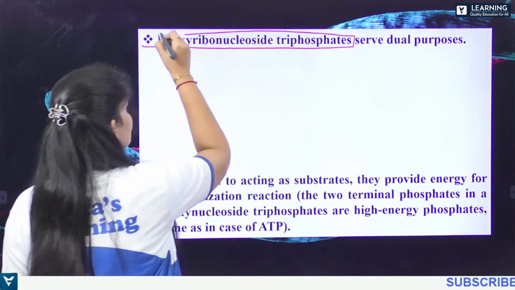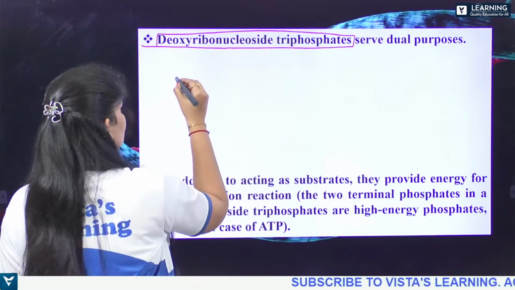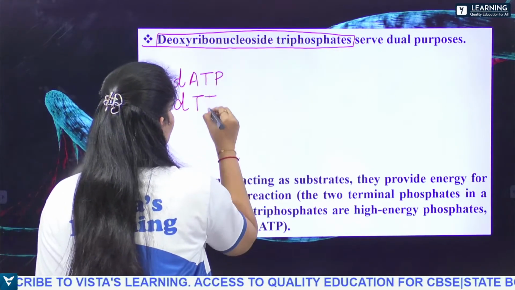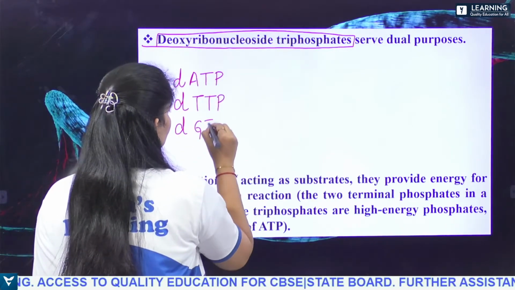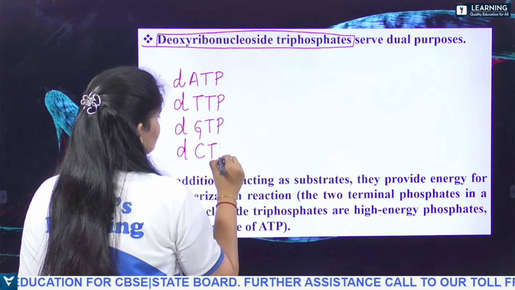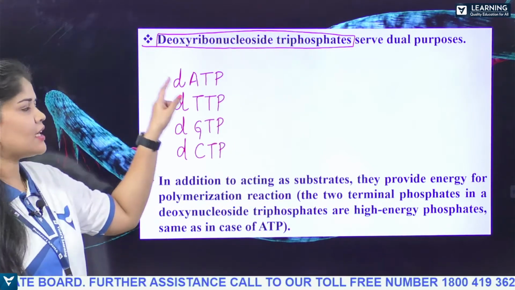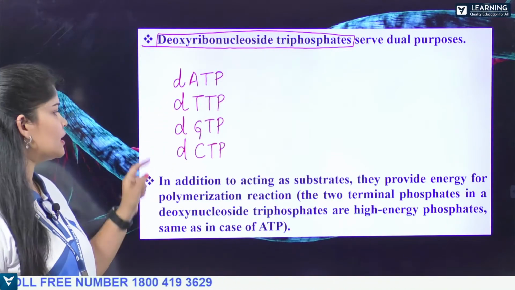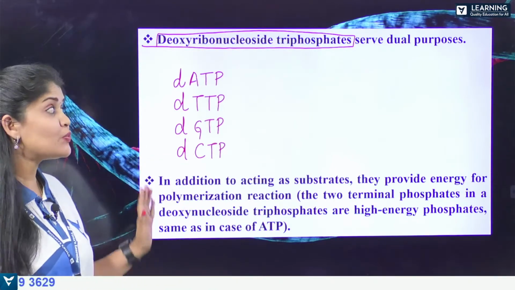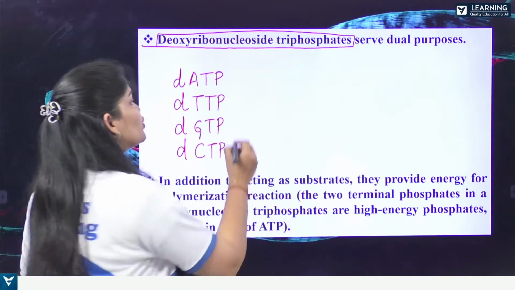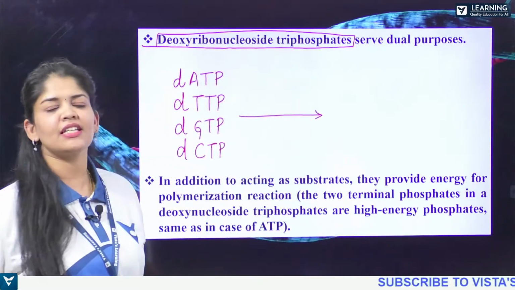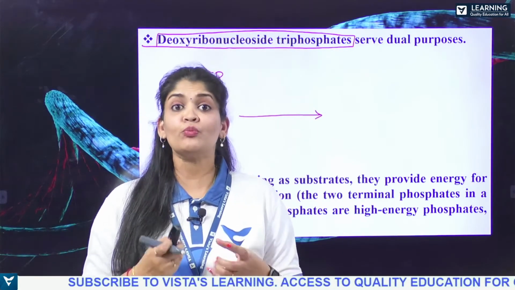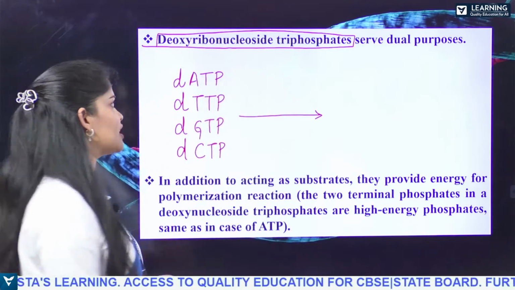Now, here, deoxyribonucleoside triphosphates: deoxyadenosine triphosphate, deoxythymidine triphosphate, deoxyguanosine triphosphate, deoxycytidine triphosphate. This will undergo a phosphorylation reaction to produce energy. Just now we said that DNA replication is a very energetically expensive process because it requires more and more energy, and that energy will come from the phosphorylation reaction